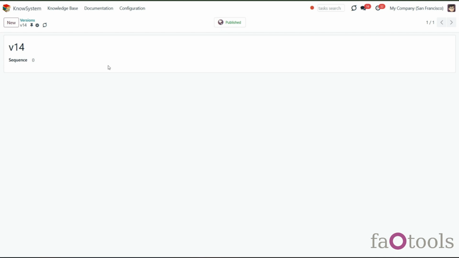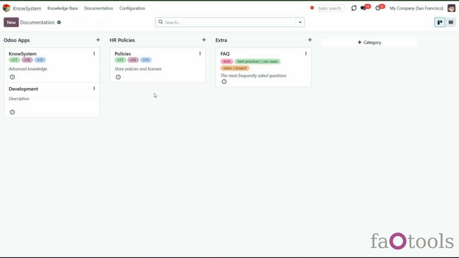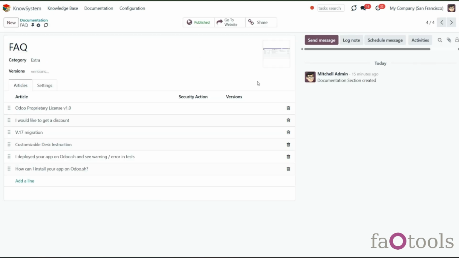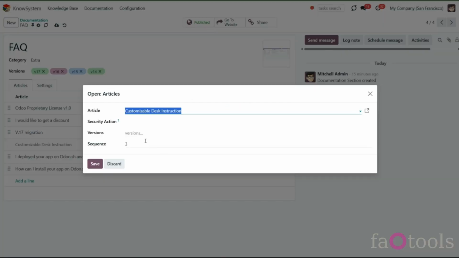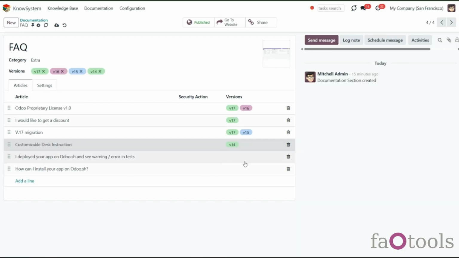Apply versions to a documentation section. For that, start creating or editing a section, and in the field Versions, choose Available Ones, or create a new one, and click Save. Click on an article and choose one or several versions. You can choose only among those versions which you apply to the documentation section of the article. If you don't assign any version to the article, it will be considered global and will be shown regardless of